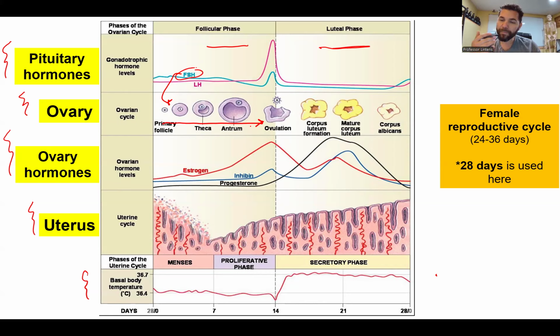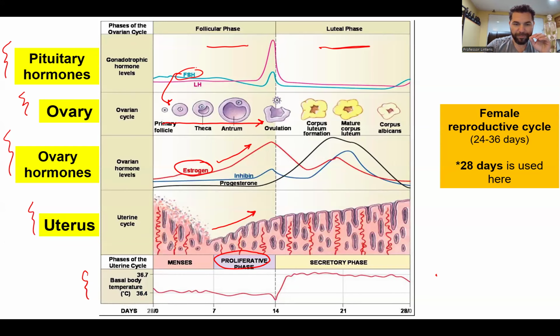Cool. What are those follicles producing? Estrogen. The more it makes, that estrogen goes up. Makes sense, right? What happens as that estrogen goes up? The proliferative phase of the uterus. Makes sense, right? When this estrogen goes up,